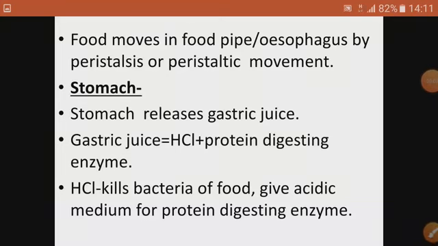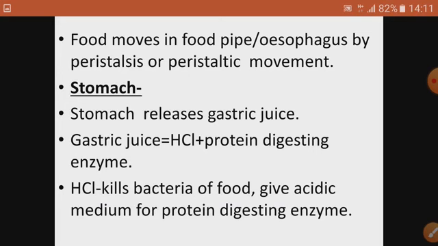Good morning, learners. Today we will study further about the human digestive system. Now, as we know what happens inside the mouth, two things: mastication of food and conversion of carbohydrate